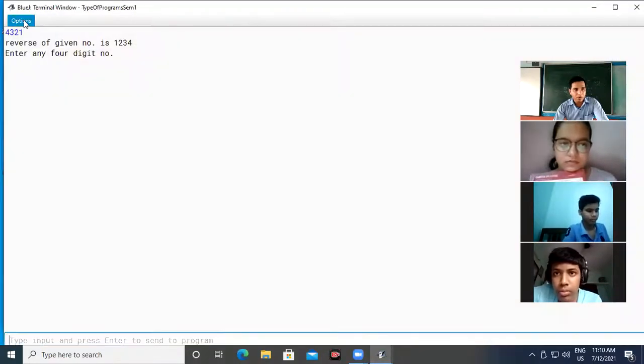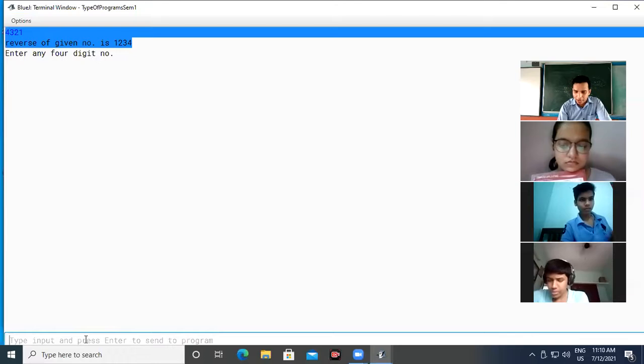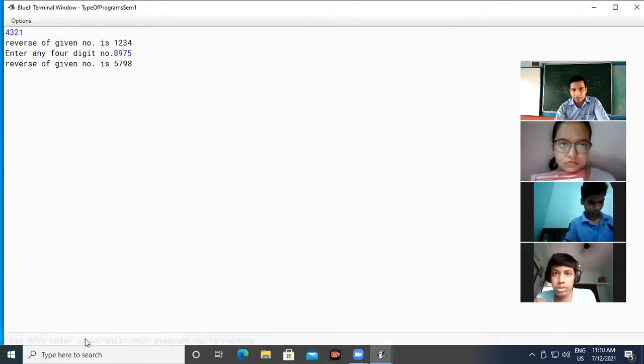Void compute. These two lines are the previous output. Enter any 4-digit number. I am going to enter 8975. Okay, enter. That is 5798. Is it okay? Reversing of the digit is okay.